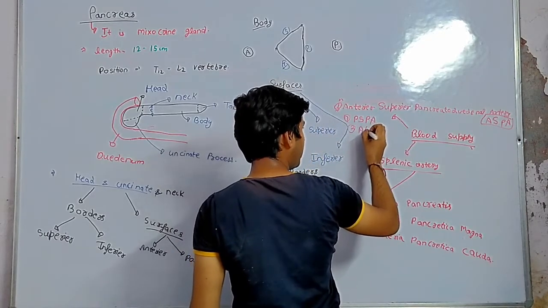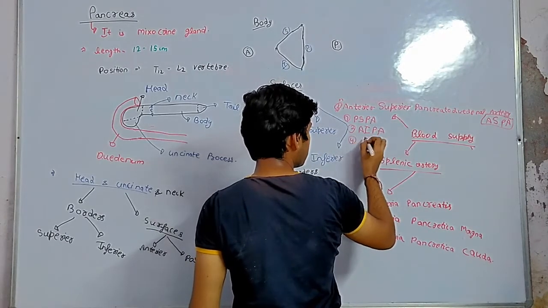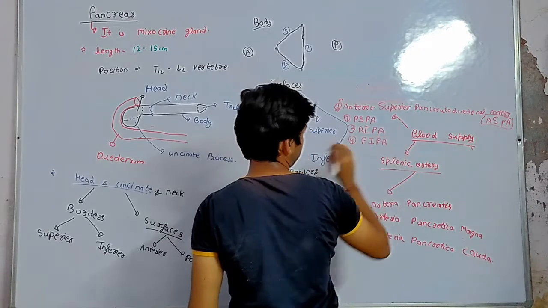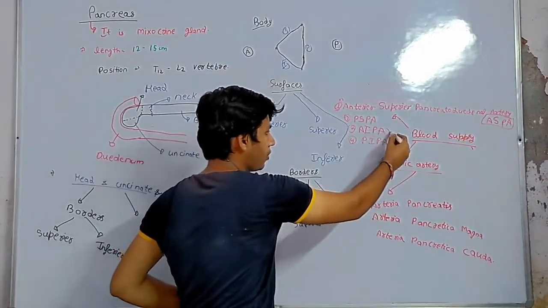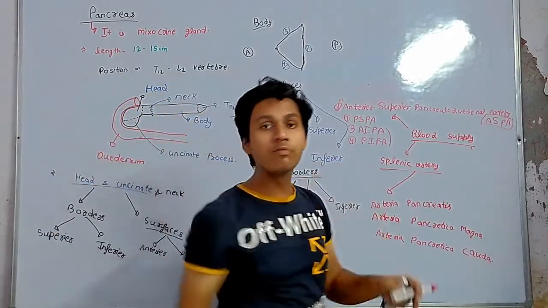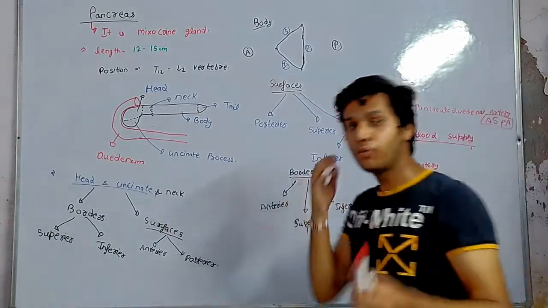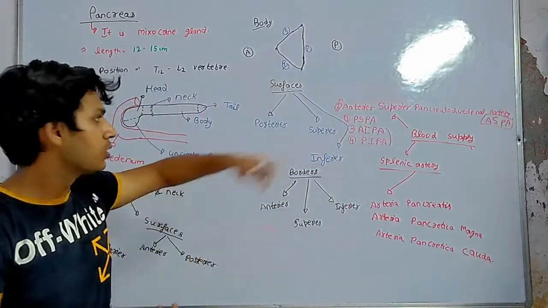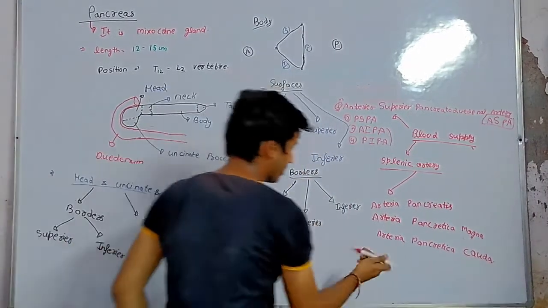Another artery, number 3, is the anterior inferior pancreaticoduodenal artery, and one is the posterior inferior pancreaticoduodenal artery. These two are branches of which part? Remember, the superior mesenteric artery gives one branch called the inferior pancreaticoduodenal artery, which divides into anterior and posterior and anastomoses with the superior branches of the gastroduodenal artery around the head of the pancreas, like this.